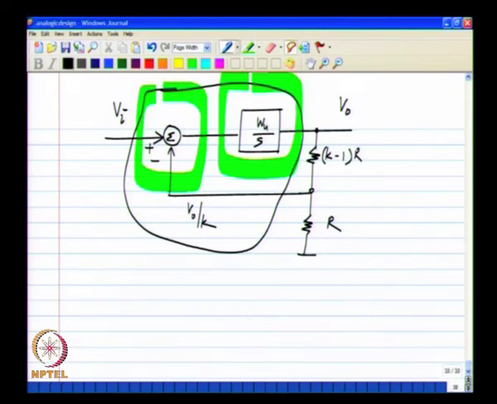So, the symbol for the op amp is given by this, where this refers to this particular input and this refers to this particular input. By connecting it to these 2 points, you can take the difference between the input and the feedback quantity, and the output is nothing but the output of the integrator.